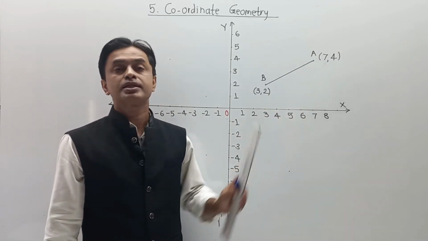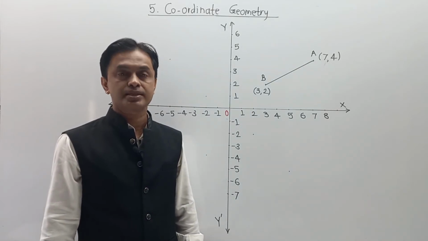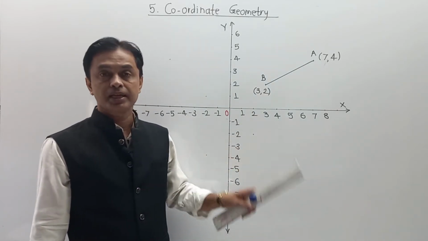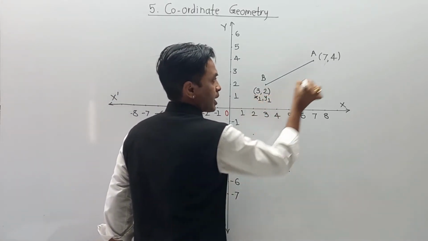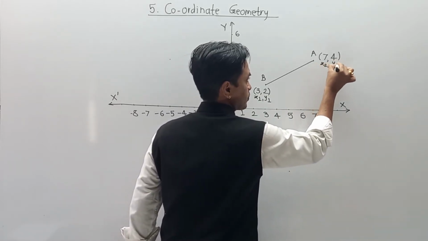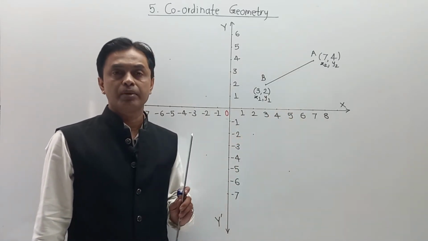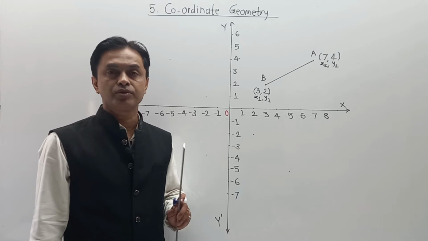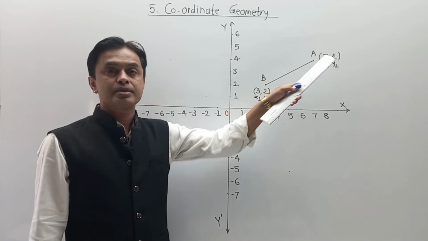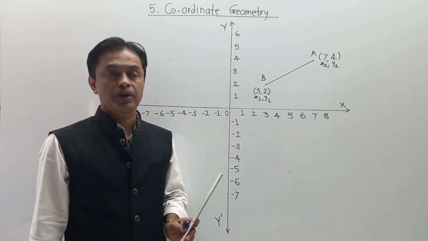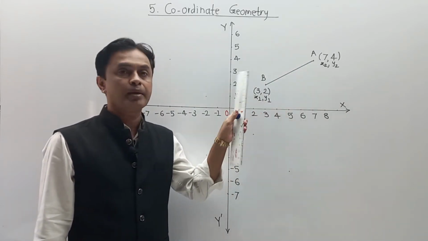And if I want to calculate the distance between the points A and B, here we are using the application called the distance formula. In that case, generally we indicate the first point as x1, y1 and the second point as x2, y2. And we are using the formula called the distance formula. We have to use it directly because the proof is not given in your book. So we are directly using the formula because we already completed the proof in standard 9. Calculating the distance between A and B, that is nothing but the distance formula, and we can easily calculate the distance between the points A and B without graph paper.